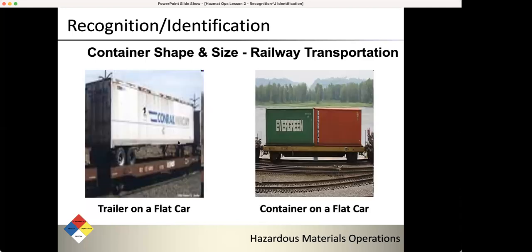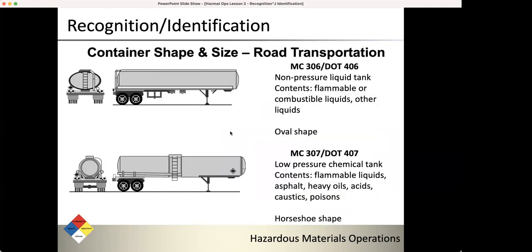Trailer on a flat car. They just pick up a roadway trailer, put it on a flat car. You also have container on a flat car. Can hold a hazardous material. Over the road transportation,